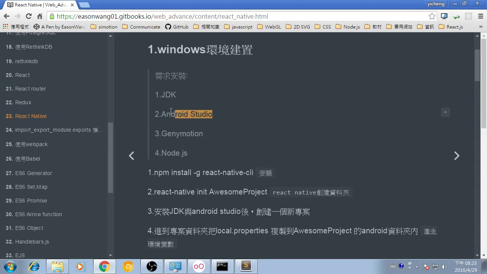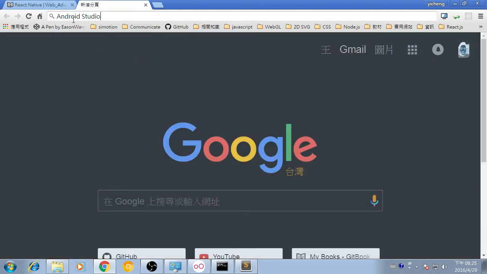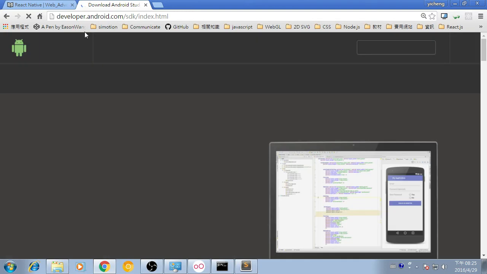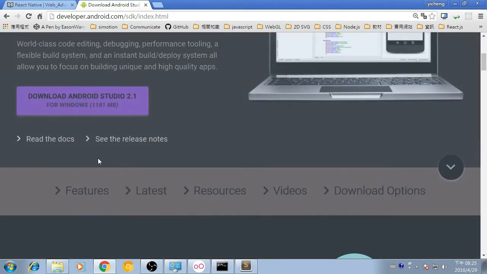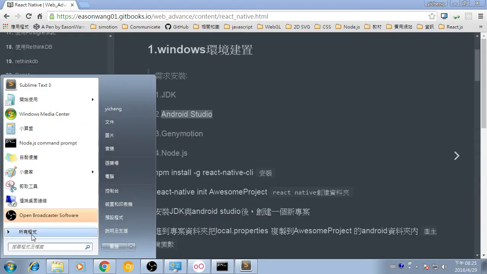How to install it is the same as Genymotion: just go to Google and type its name. Here is the download page, and you just click this button. After you download Android Studio,